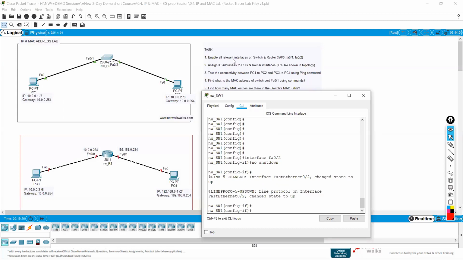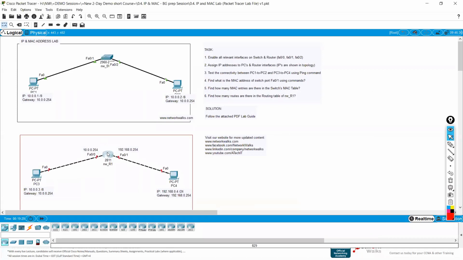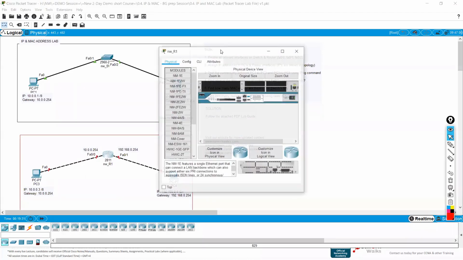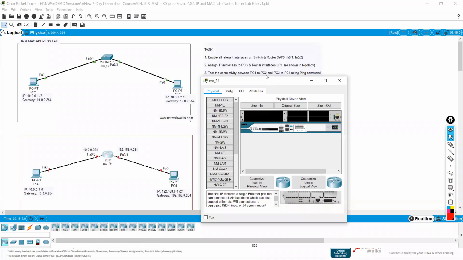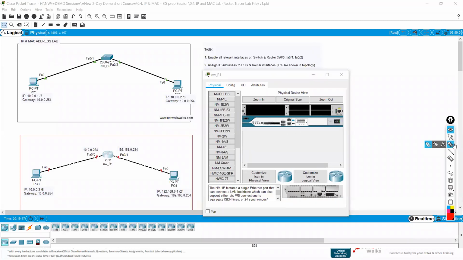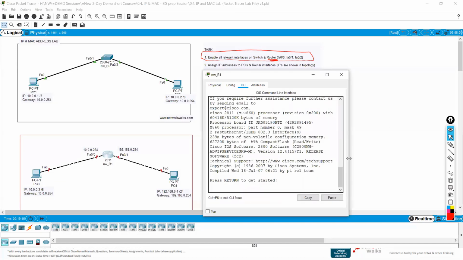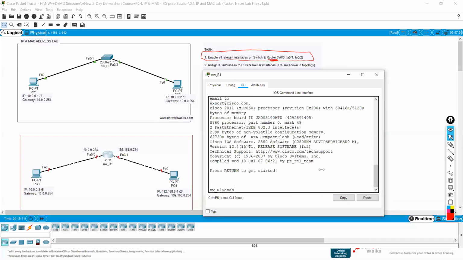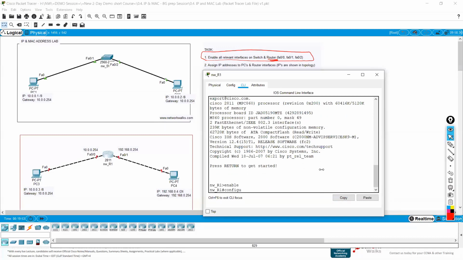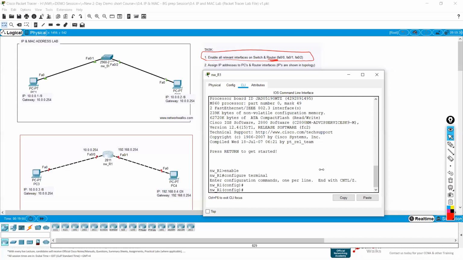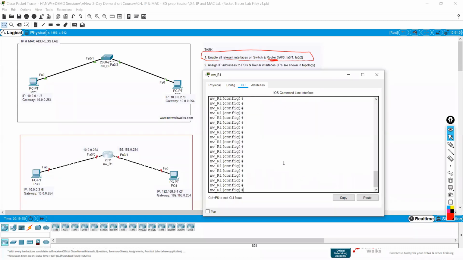Okay. So the switch we are done. Let me close this and we go to this router now, right? So we click on the router, we go here and we will do step number 2. Sorry, we are on step number 1 yet. So we are doing the router now. Click here, click CLI, make it a little bit big to see all the commands together. Enter, again enable, configure terminal. Okay, here we type the commands.